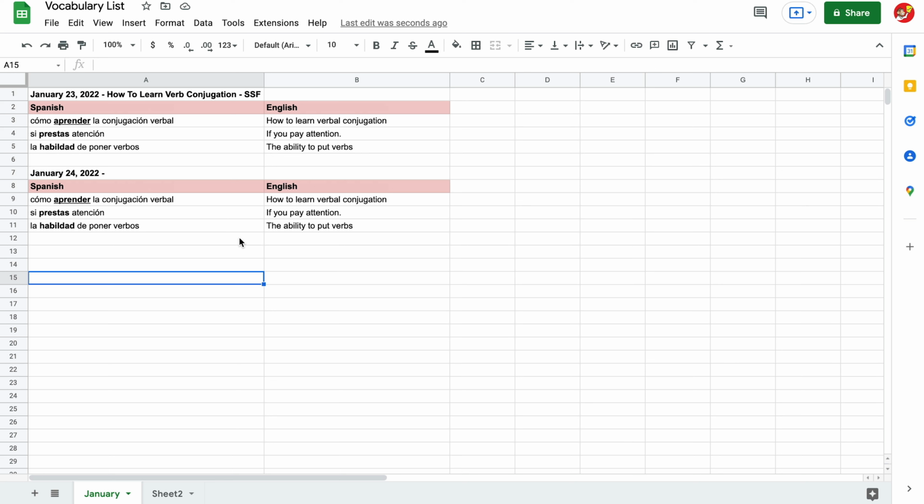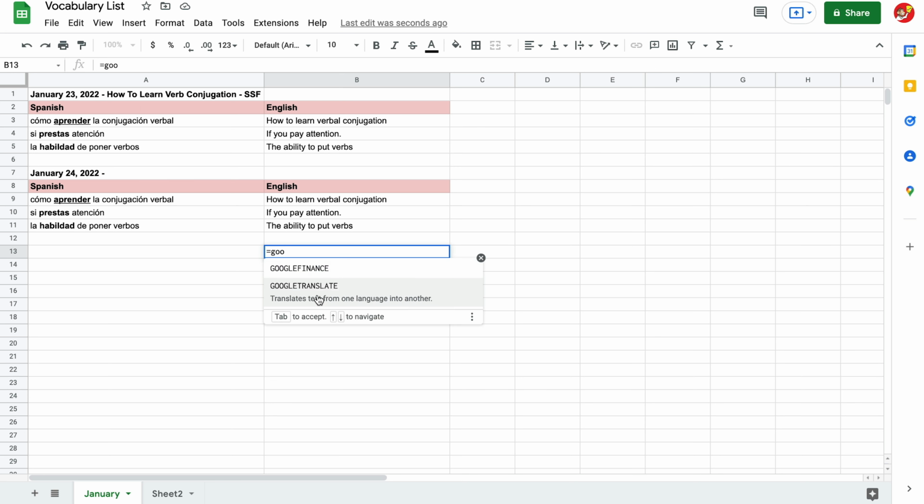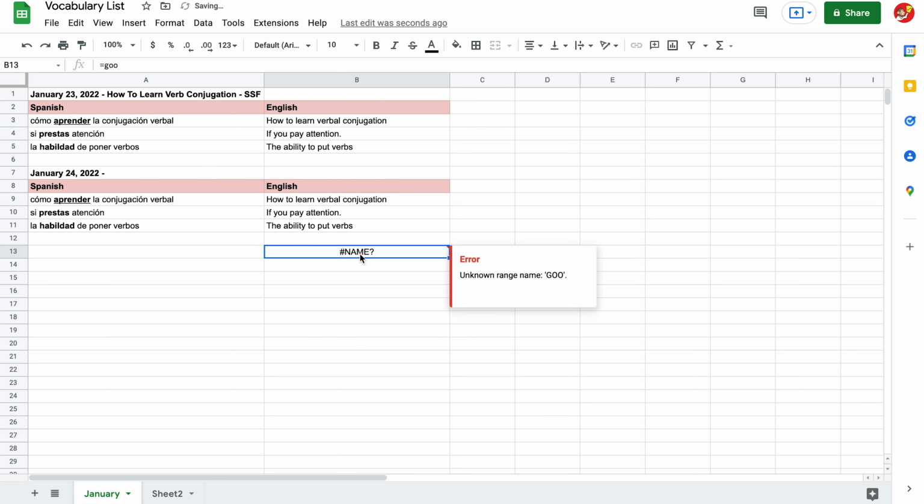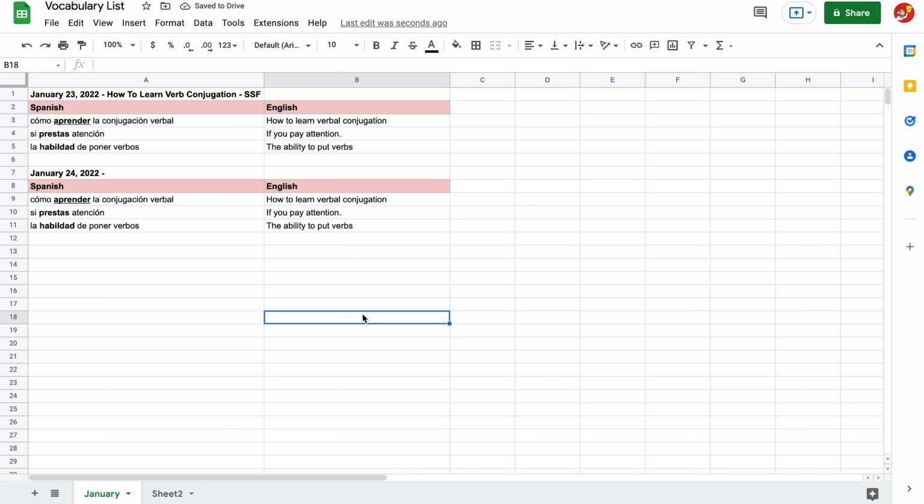So this is something pretty powerful that I kind of just stumbled upon. It's interesting how I found this because I was searching that Google Finance function, and I saw the Google Translate function. I was like, hold on, this might be pretty cool. Let me play around with this. And from there, I started using it with Italian, and I know that it's going to help you with Spanish,